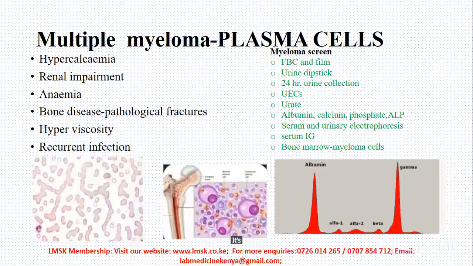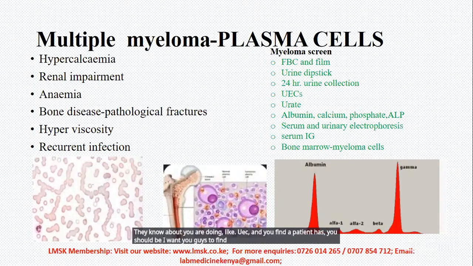It's like you do recurrent renal diseases and hyperglycemia, whereby you are doing a UEC and you find a patient has... you should be conscious to find out what's happening. You will find that this patient has myeloma, because the myeloma cells produce a lot of toxins that eat up the bones, such that now the whole